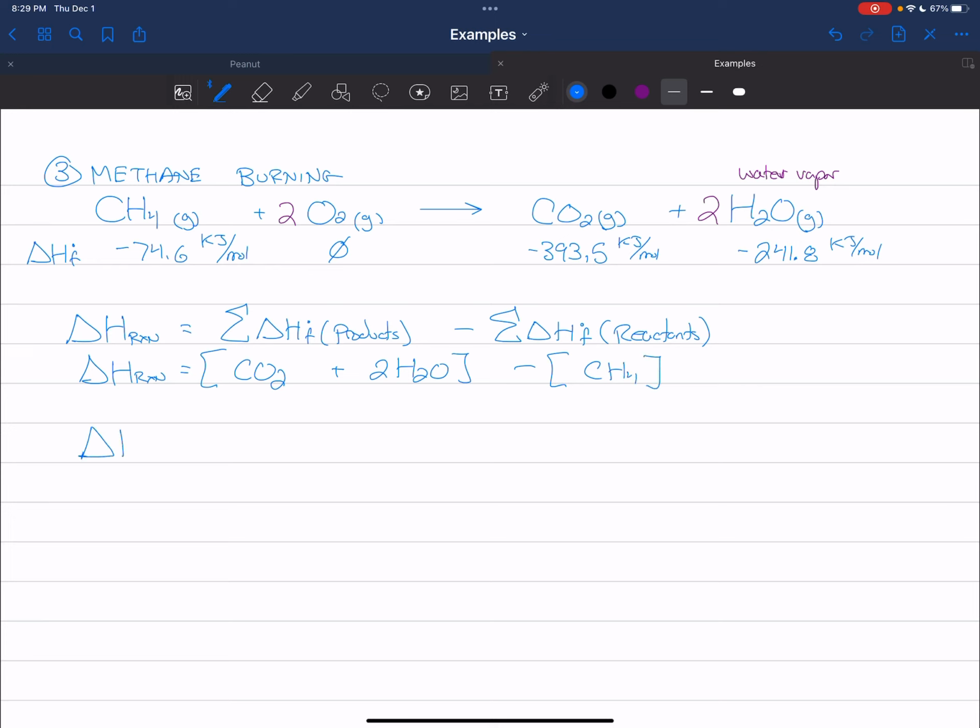Plug in my numbers. CO2 is negative 393.5 kilojoules per mole plus 2 times negative 241.8 kilojoules per mole minus negative 74.6 kilojoules per mole. So that gives me delta H of this reaction for methane happening to be negative 802.5